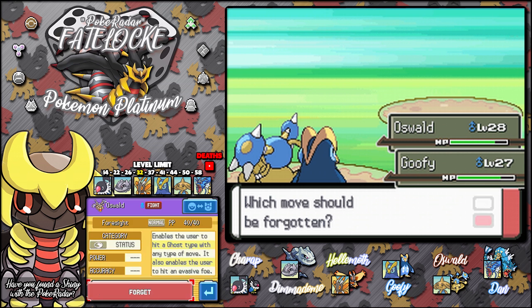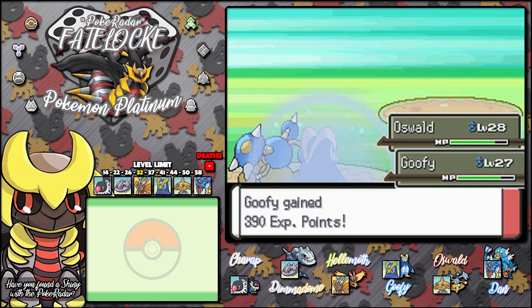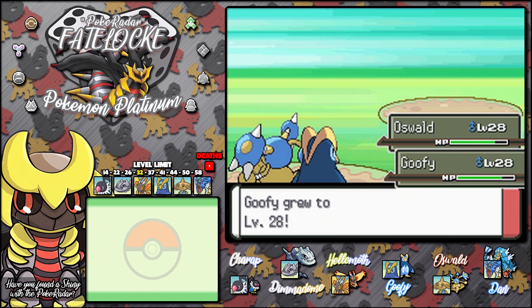I don't see it becoming an issue. We'll be alright. Rapid Spin's useless, yeah, but Foresight, we're past the Ghost type gym. I don't see it being an issue. But I wouldn't use Meditite until after the level limit, until my team is level 38. So it wouldn't be until, like,